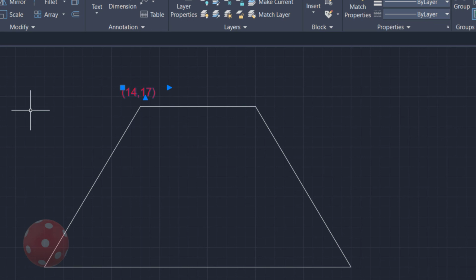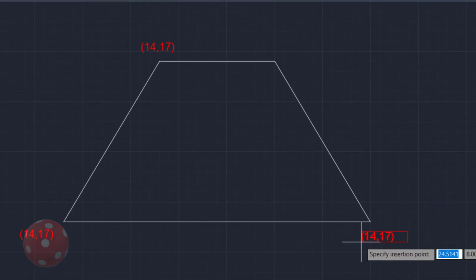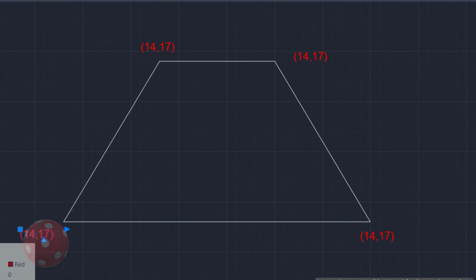Ctrl V for paste. When I press Ctrl V, then one text will be moving along with our cursor. Wherever you move your cursor, it will go along with the cursor. If you want to place it here, you can place it here. Once again I will press Ctrl V for pasting. I can place it here. It means once you have created it, you need not create everything from the start. You can double click on it. When you double click, then you have the option to change it. You can click it and type it as in MS Word.